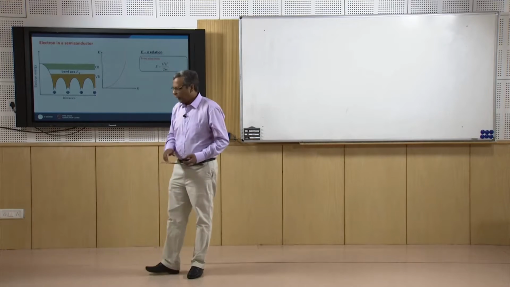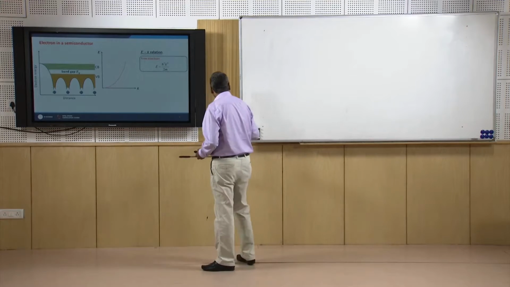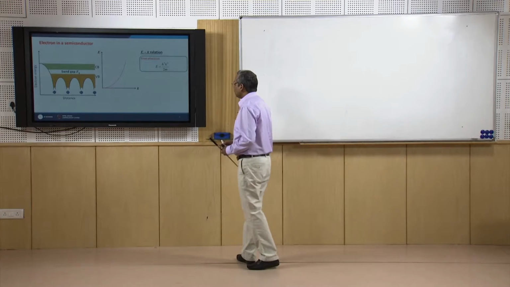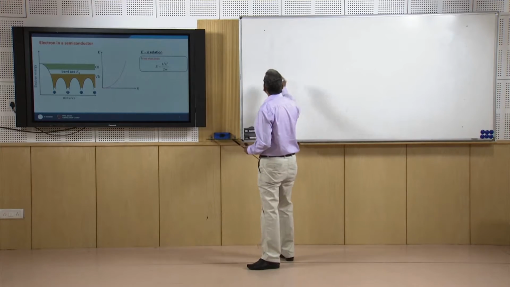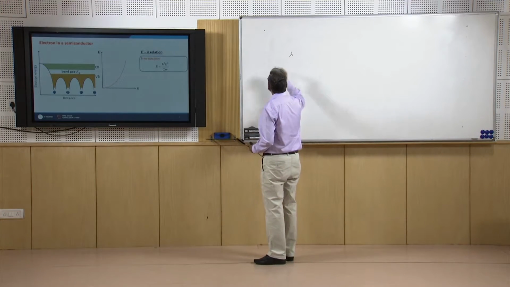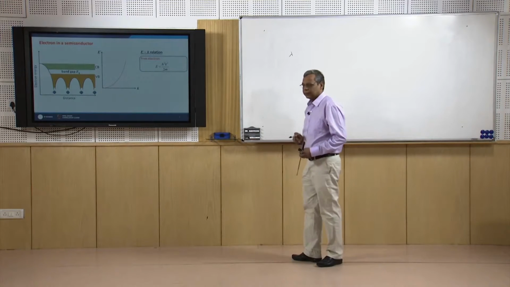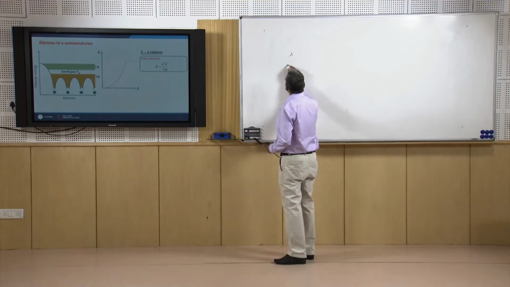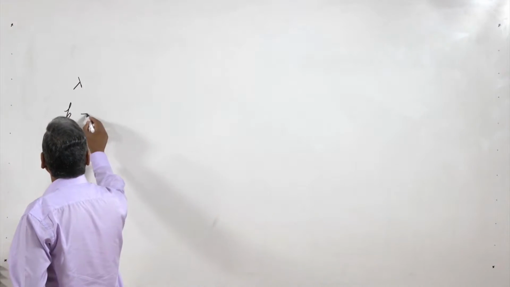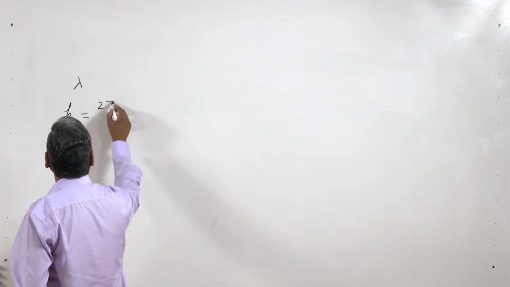If the wavelength of the wave associated with the electron is lambda, then k, which is the wave vector, is given by 2 pi over lambda,